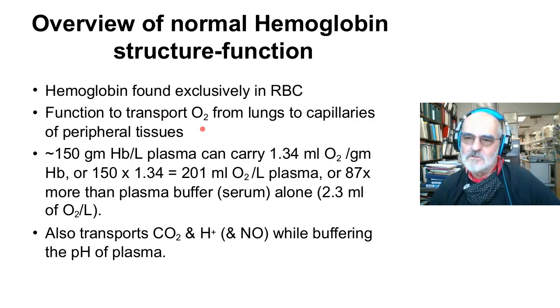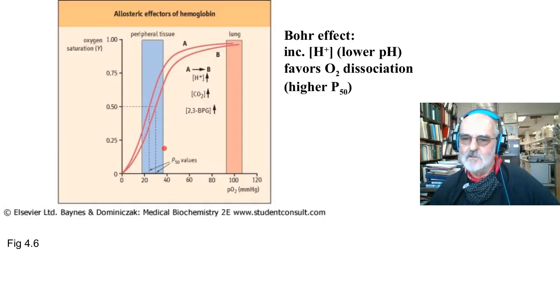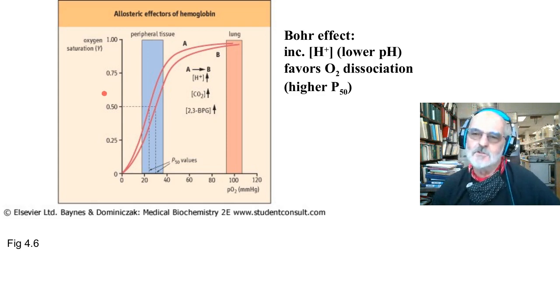What's its function in terms of oxygen transport, lungs to tissues, and at the same time, CO2 and acid back from the tissues to the lungs, and what the overall capacity is. When we have anemia, we have less concentration of hemoglobin. So this is the general feature that you should sort of have in your mind, that we have this binding